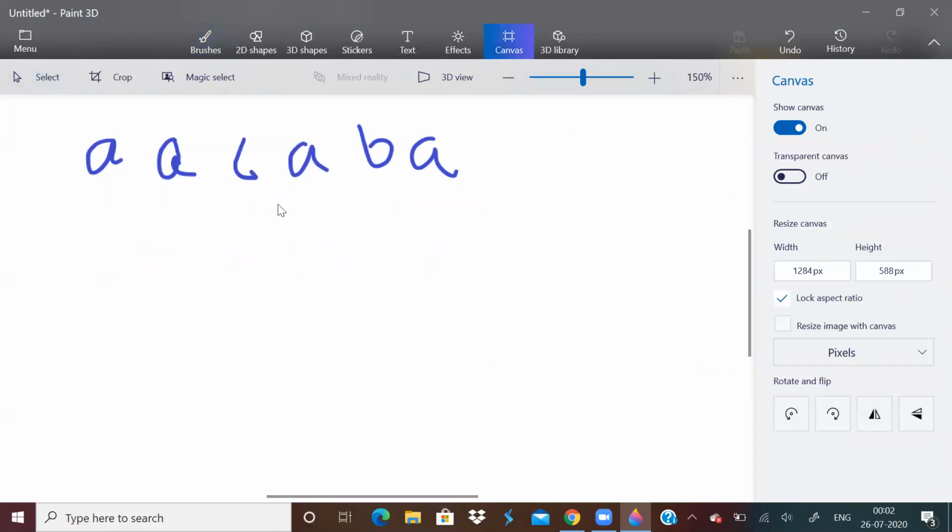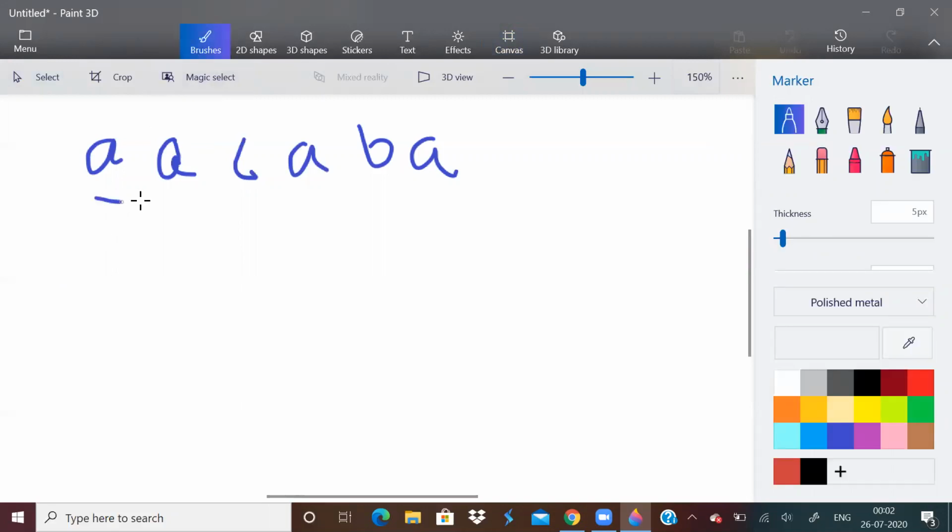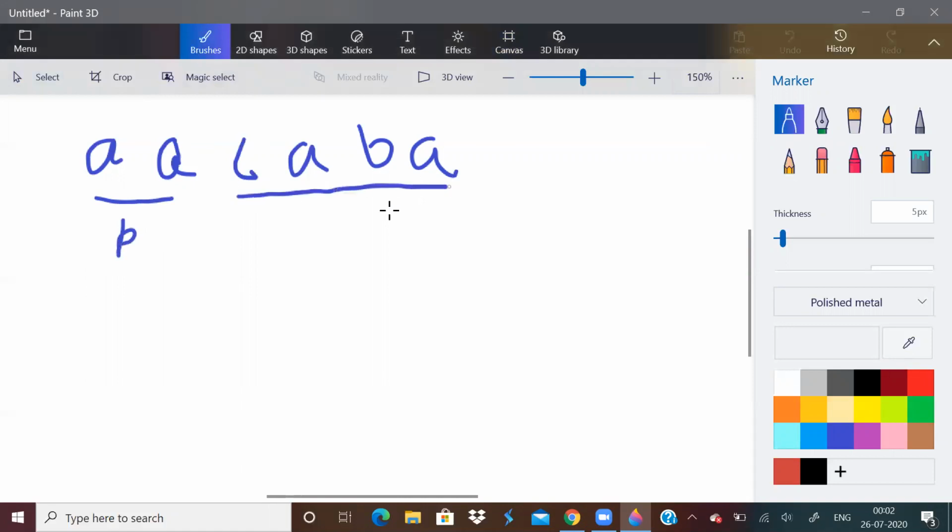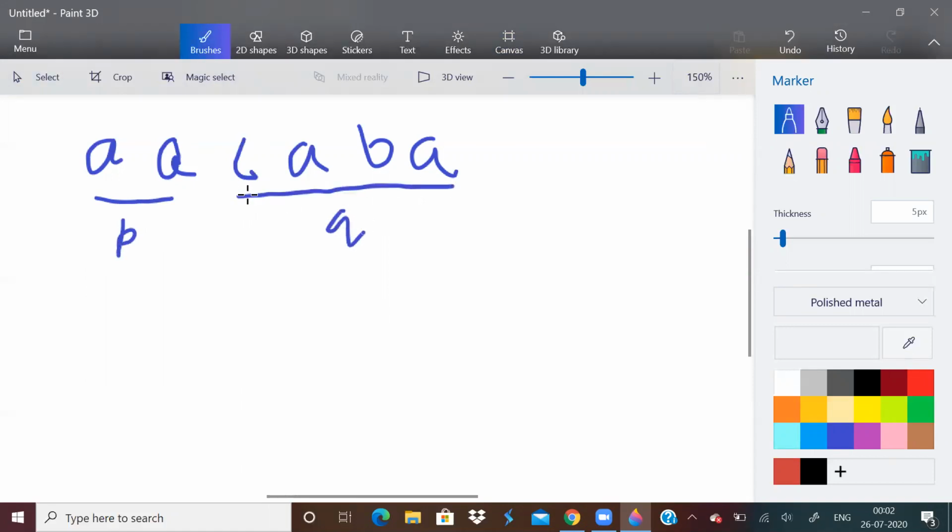So let us now assume that this is P and this is Q. Two strings P and Q. The number of distinct characters is 1 here, and 3 here.